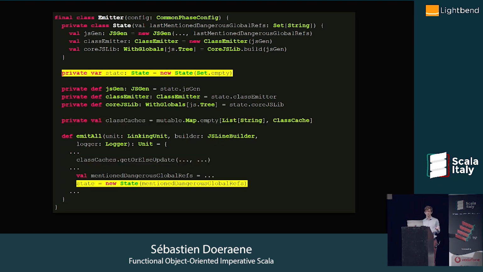And we also have a mutable field, which is aptly called state, in case that was not obvious that it's mutable state. And it starts out as an empty state, but in the emitAll method, it will actually put a new state in that state. And again, this is used for incremental compilation, right? So things that we've computed during one run, we are going to store them in this state so that maybe we can reuse them the next time.